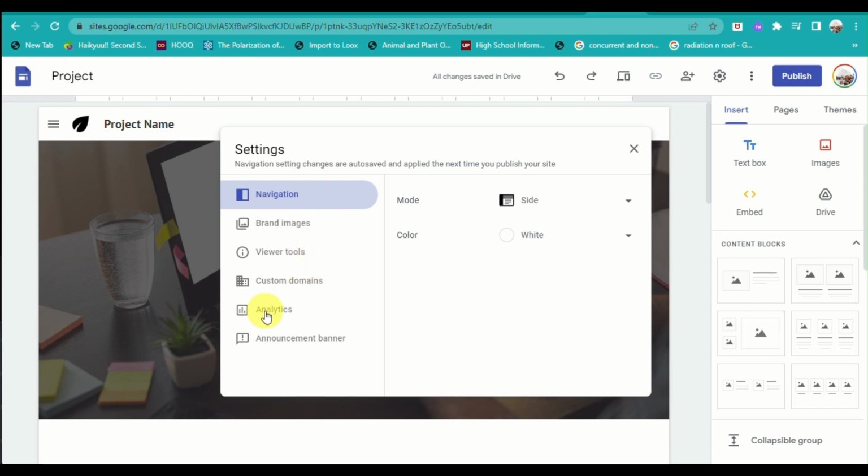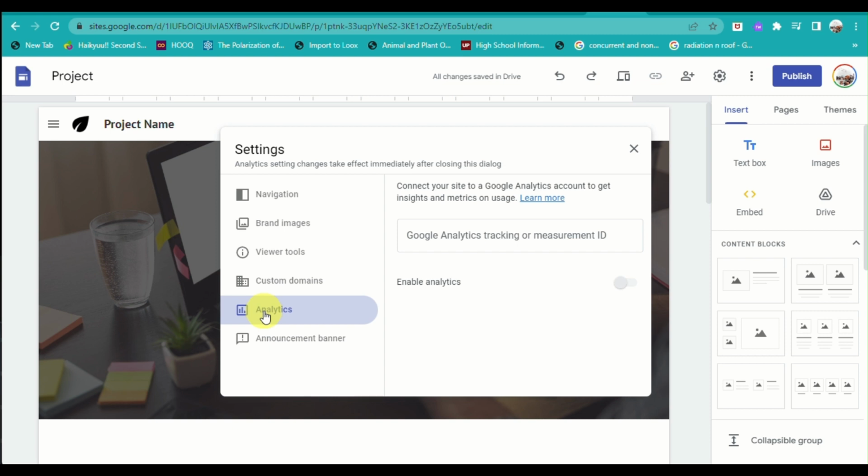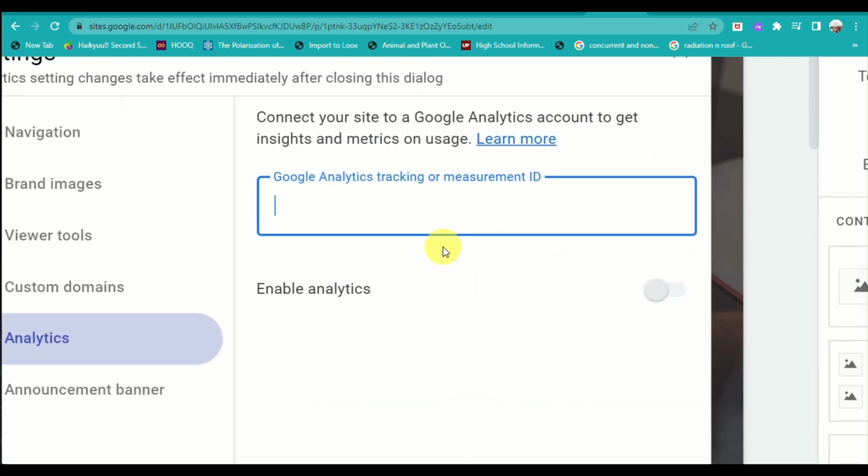That's the second to the last option, and you will need to look for the measurement ID from your Google Analytics account. Once you have the measurement ID, it will automatically enable Google Analytics on your Google site. Once you publish your website, it will be linked to your Google Analytics account, and details like how many visitors open your website